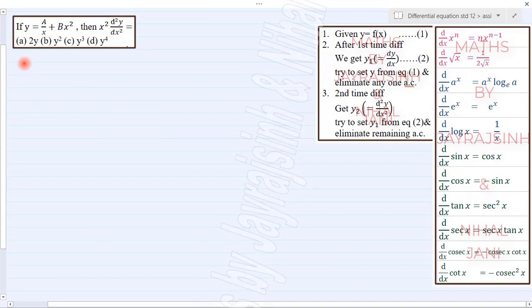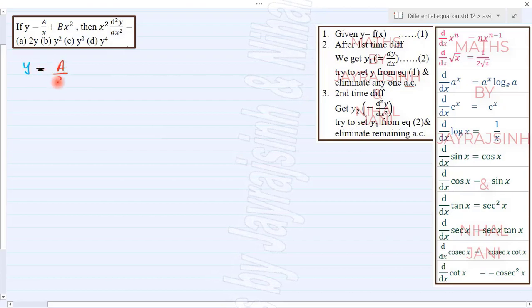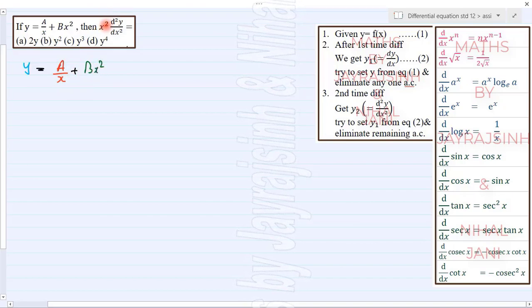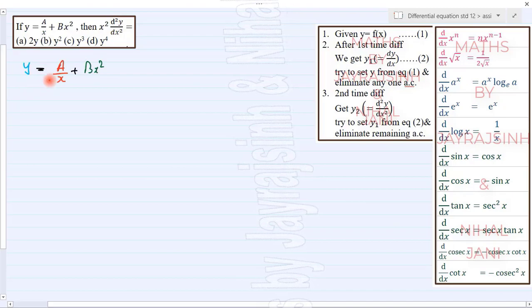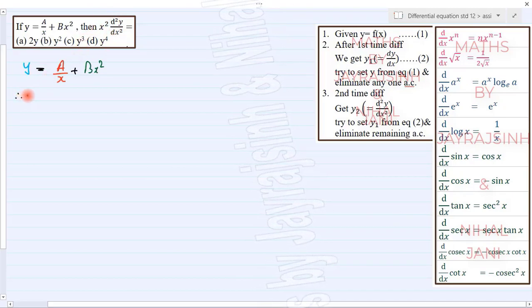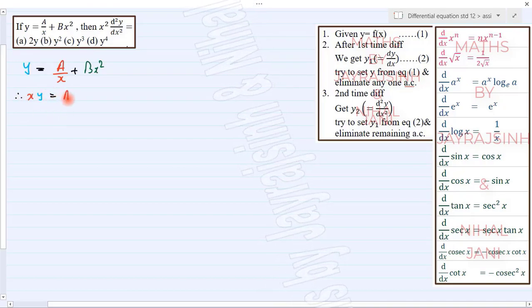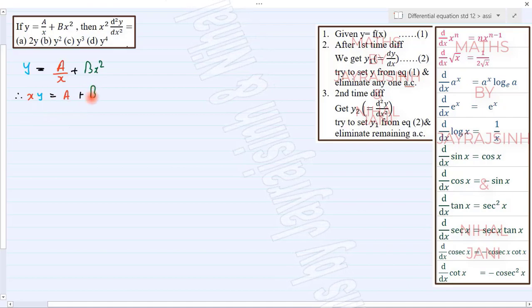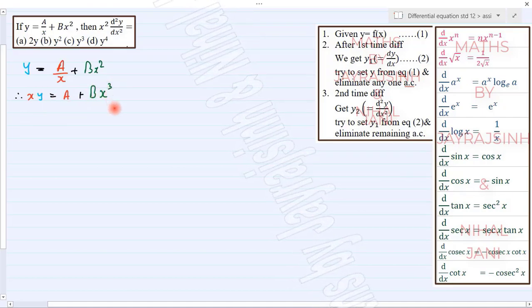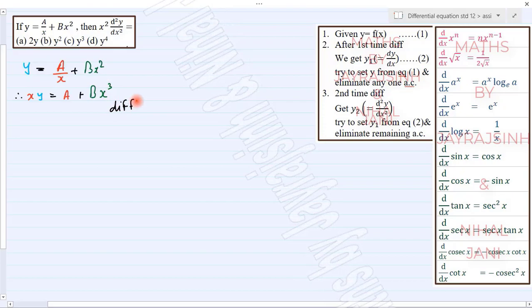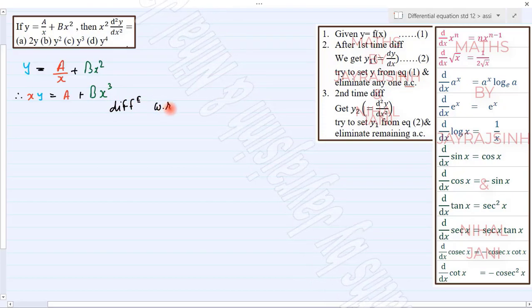Here it is given that y is simply a by x plus bx square, and we have to find out x square into d square y by dx square. Before we go for the differentiation, let's take an LCM of x. So we will get x into y is equal to a plus b into x cube. So we are ready to differentiate our equation with respect to